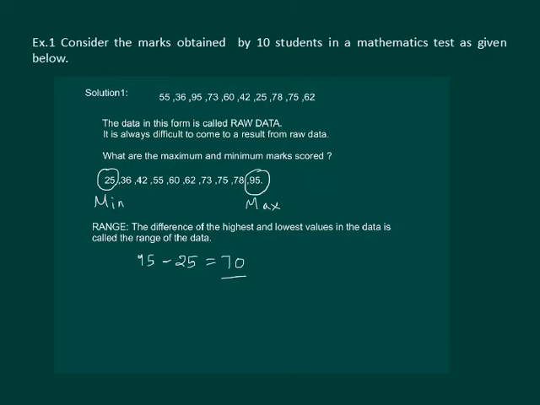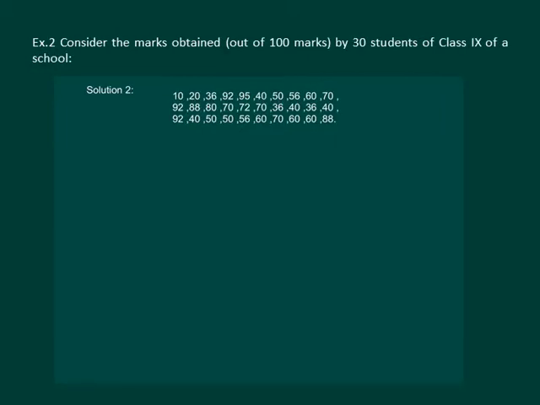Let us take up another example to understand what we will do if we have a lot of information or a lot of observations. Let us read the question. If A, B, C and D are the vertices of a quadrilateral, find the area of the quadrilateral ABCD. Here is a rough sketch of quadrilateral ABCD. If we join B to D, we get two triangles ABD and BCD.